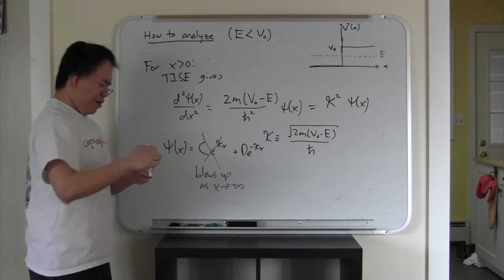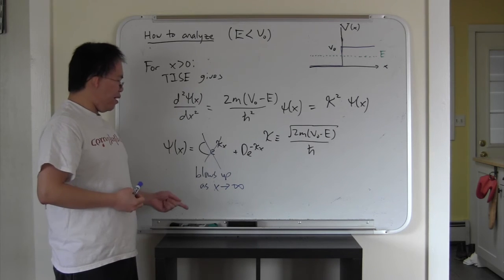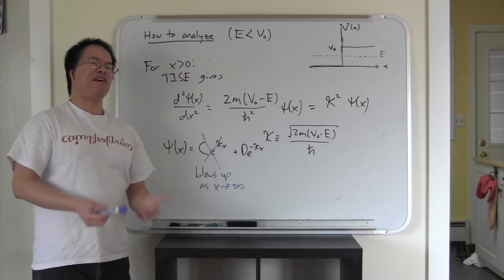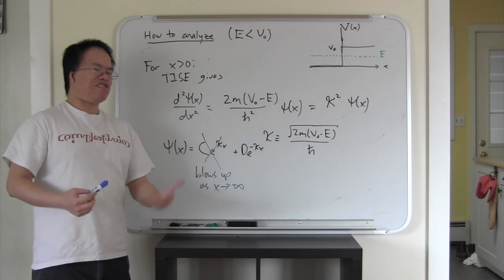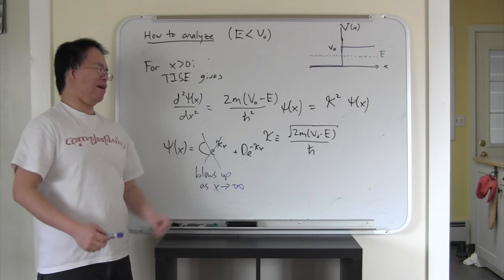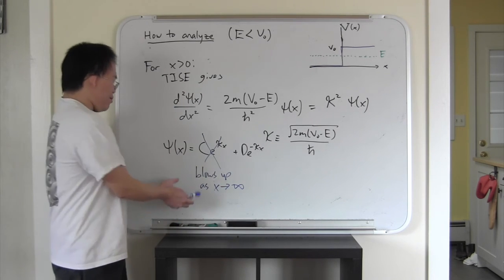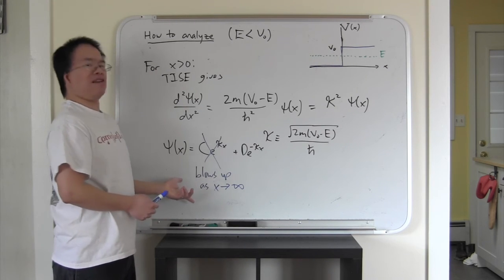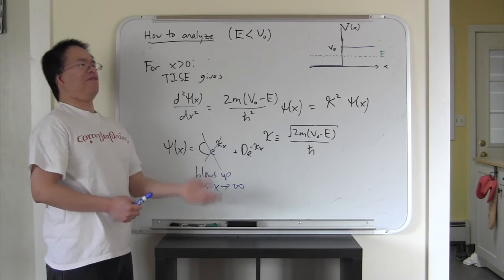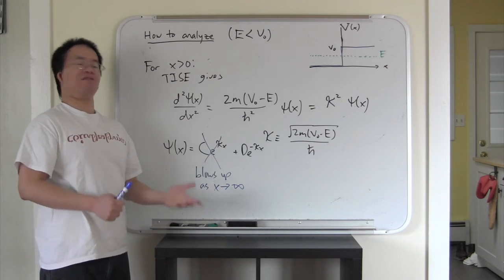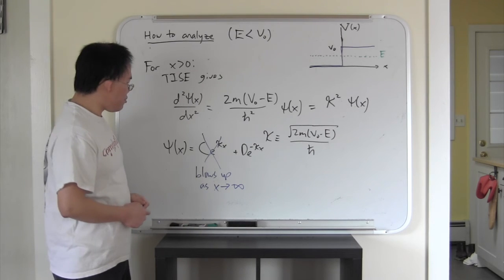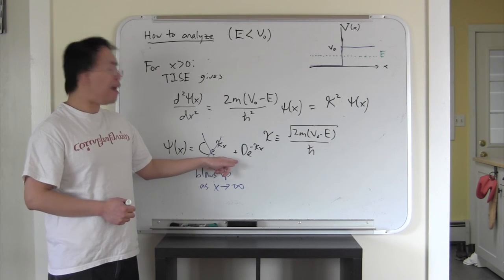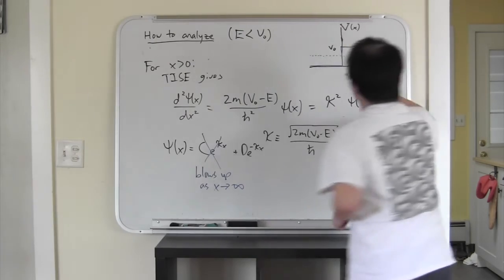I'm not going to try to prove it in a rigorous way, but you might imagine that explicit blowing up is in some sense mathematically even worse behaved than just oscillating the way a plane wave does. It's even more unnormalizable. And it just doesn't make physical sense to have something where the further away you are, the more and more likely you are to find your particle. We reject this solution. And what we end up with is something that's exponentially decaying in the classically